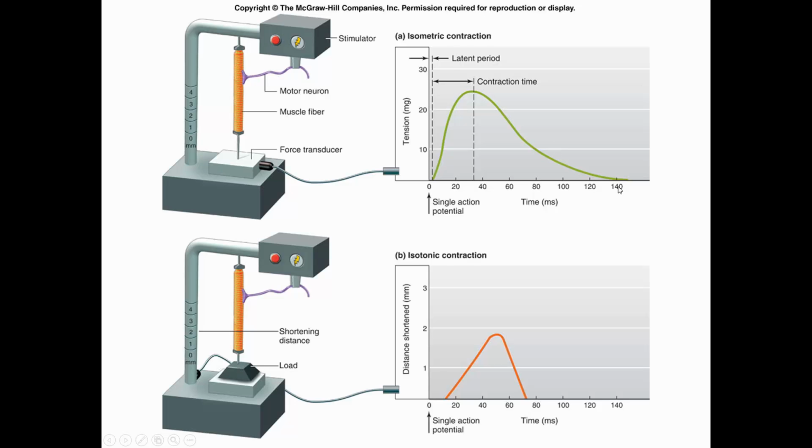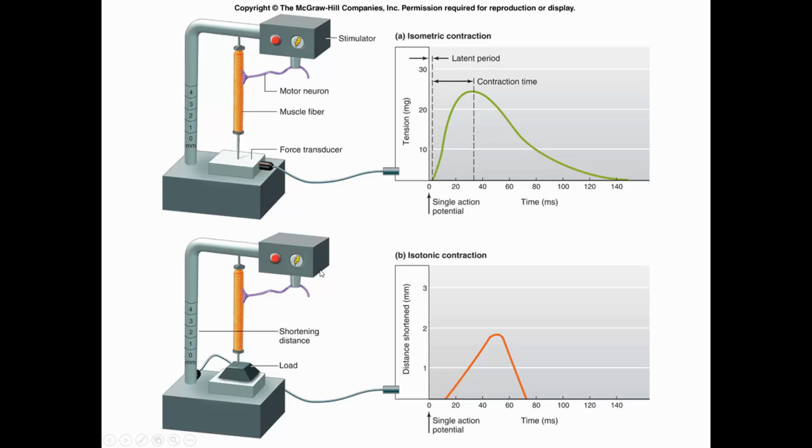That's an isometric contraction. So I don't know that I've told you guys this about myself, but I did my PhD looking at single muscle fibers and making them contract. I didn't use an electric stimulator. I used ion baths, different concentrations of ions, in order to make them contract. But that's what I did, and I studied isometric contractions. I didn't want my cells to shorten very much. I wanted them to generate tension. So that's usually your physiologist's favorite